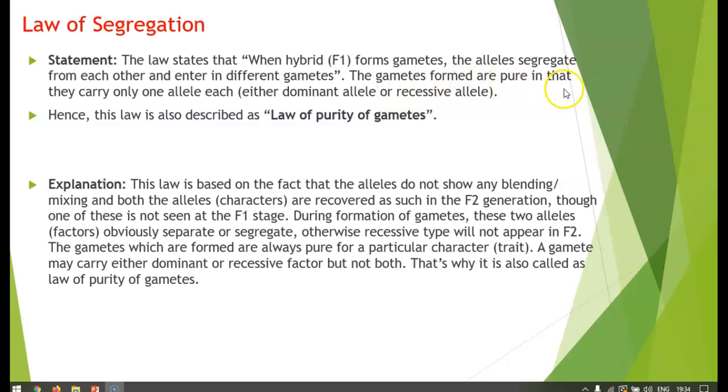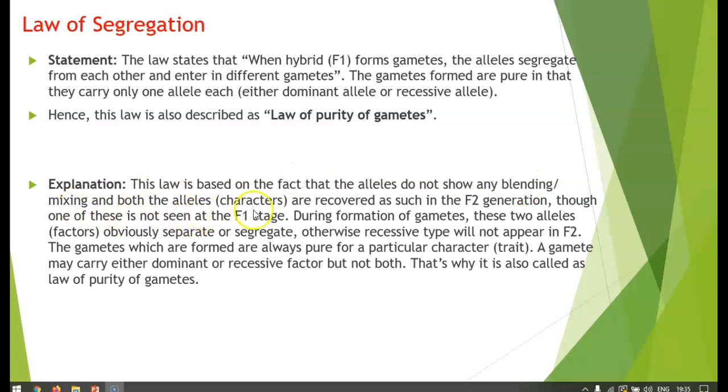The gametes formed are pure in that they carry only one allele each. Either it is going to be a dominant allele or a recessive allele. Hence, this law is also described as the law of purity of gametes. Explanation about the statement: this law is based on the fact that the alleles do not show any blending, mixing,